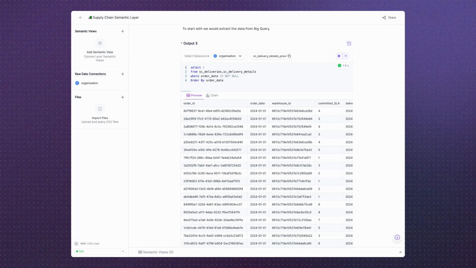But also, I want to restrict any information which either is not relevant to the operations team or which should not be surfaced out to any particular team. So these are my two broader agendas. Step by step, what I've done out here is that first I've just went ahead and extracted a preview of